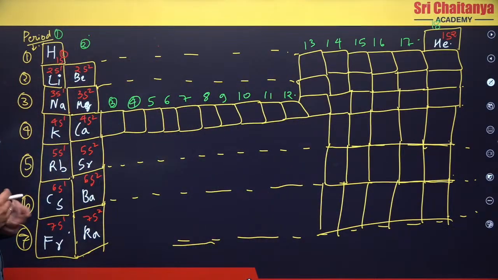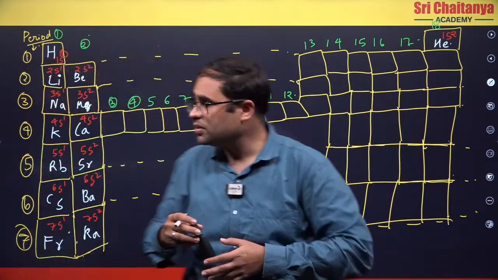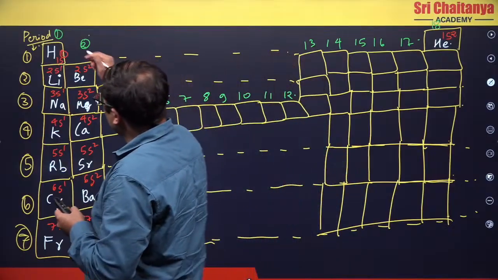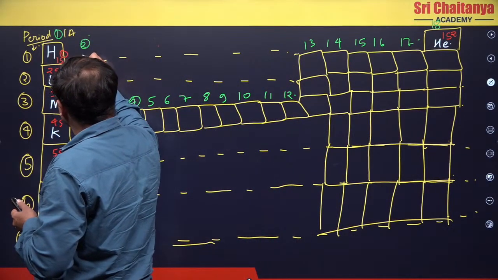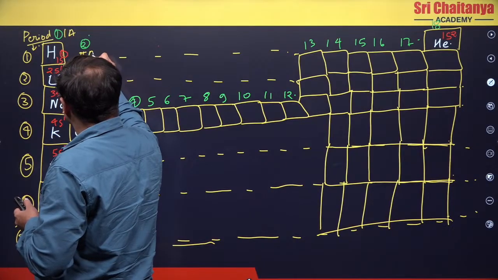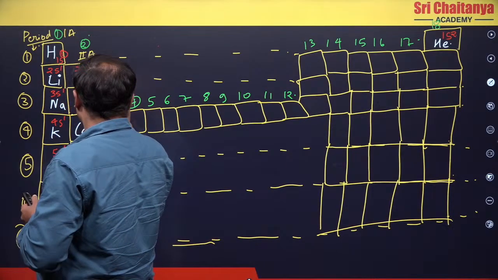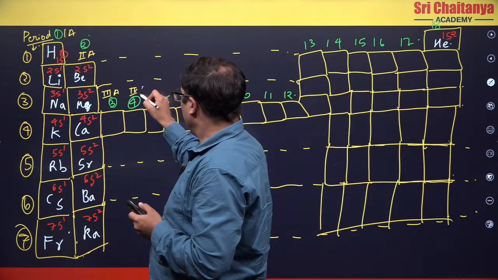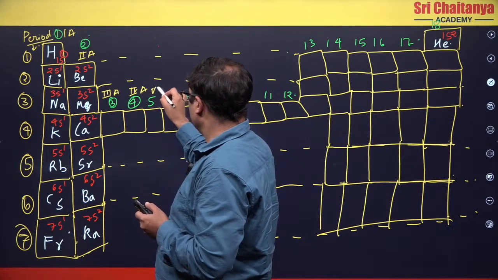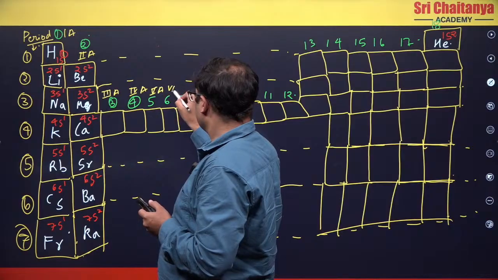Sometimes in books, in NCERT, in many books, in exams, instead of 1, 2, 3, 4, 5, they will also write as 1A, 2A, 3A, 4A, 5A, 6A,